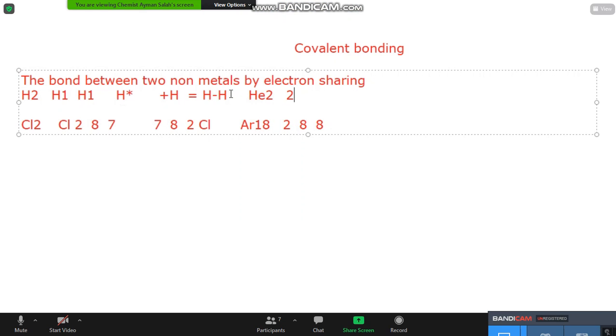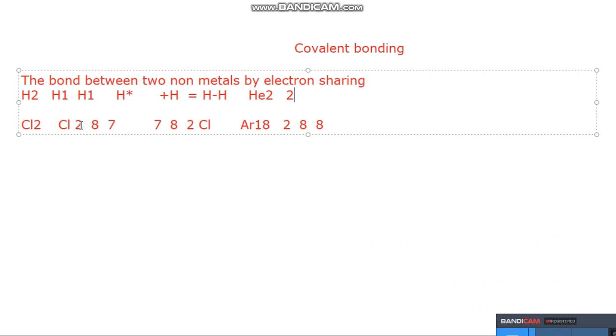In this example, chlorine has 17 electrons, so the electronic configuration is 2, 8, 7. Chlorine needs only 1 electron to reach the configuration of the nearest noble gas, argon 18, to have 8 in the outermost energy level. So the 2 chlorine atoms will react together. The first chlorine will